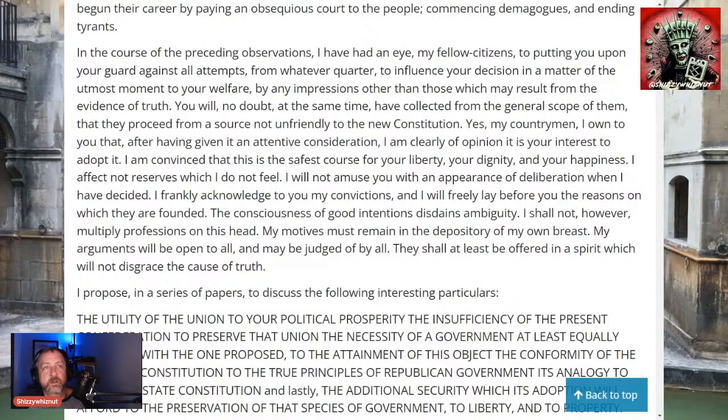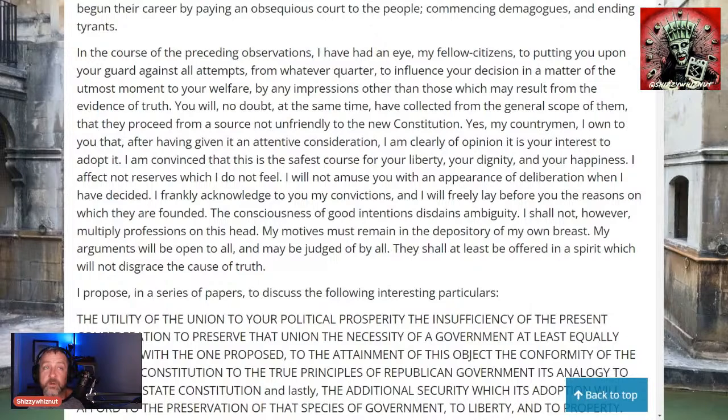Yes, my countrymen, I own to you that after having given an attentive consideration, I am clearly of opinion it is your interest to adopt it. I am convinced that this is the safest course for your liberty, for your dignity, and for your happiness. I affect not reserves which I do not feel. I will not amuse you with an appearance of deliberation when I have decided. I frankly acknowledge to you my convictions, and I will freely lay before you the reasons on which they are founded. The consciousness of good intention